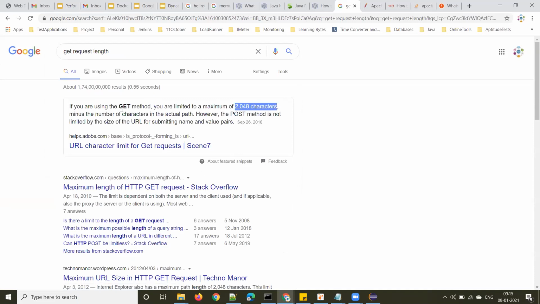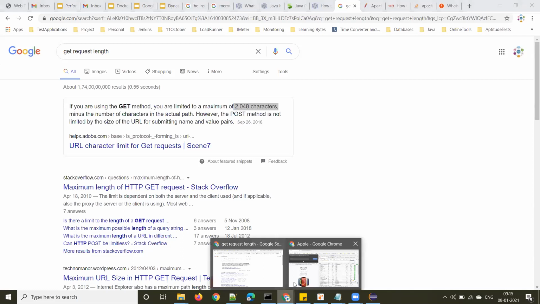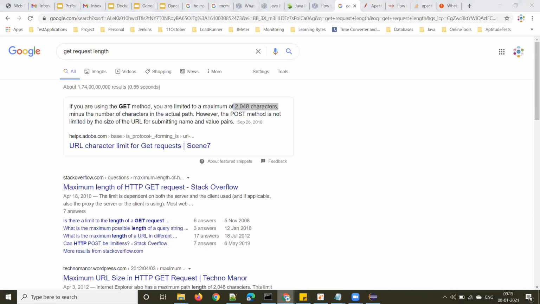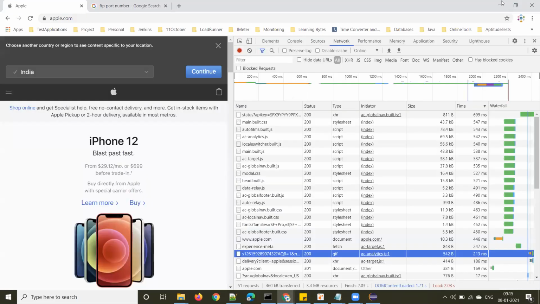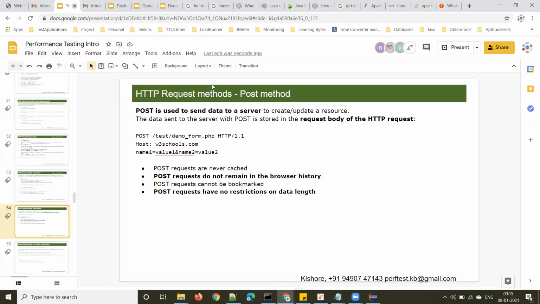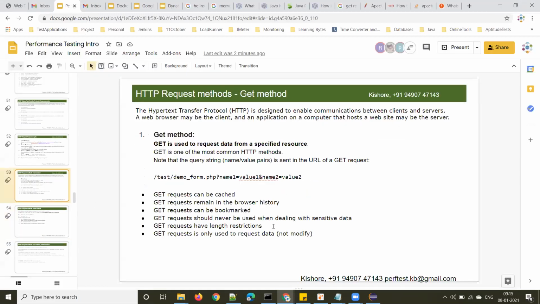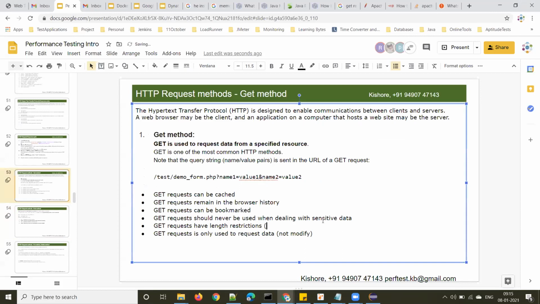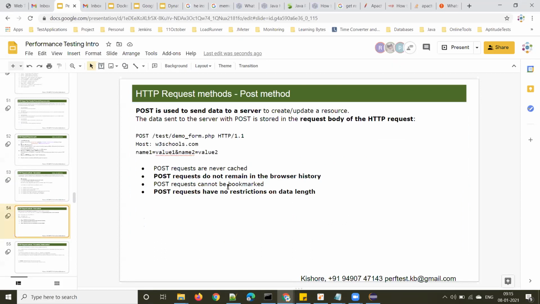To a maximum of 2048 characters minus the number of characters in the actual path. Okay, anyways, let's remember this one. I'll make a note of this in the slide. All right, but post request doesn't have any such length restrictions.